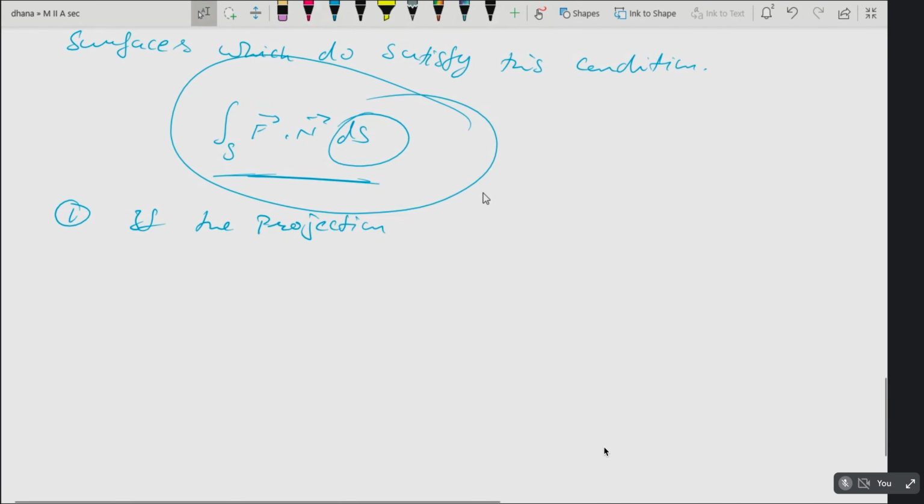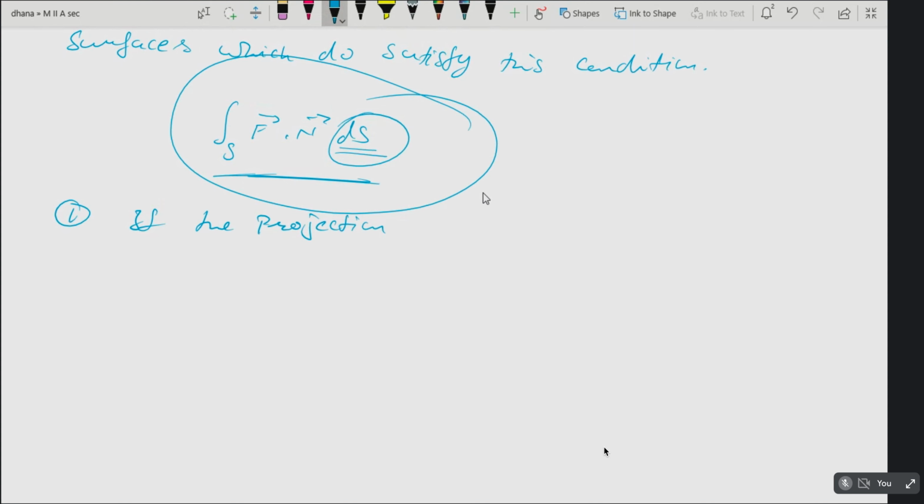This is okay, a surface integral, but after writing it you won't get the result. You will get the result only when you write ds in terms of dx dy, dy dz or dz dx. In that case only, overall you have to extend this and write down this integral as a double integral. Then only you can evaluate the value of the surface integral.